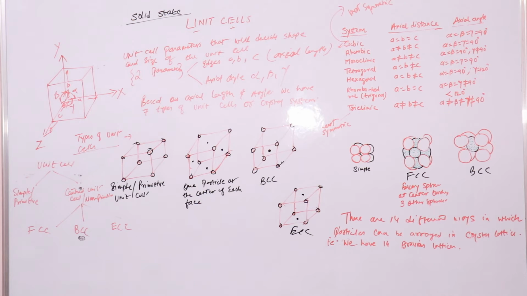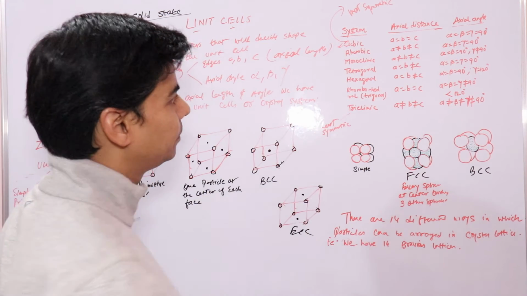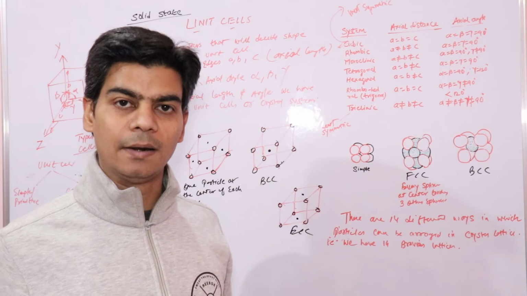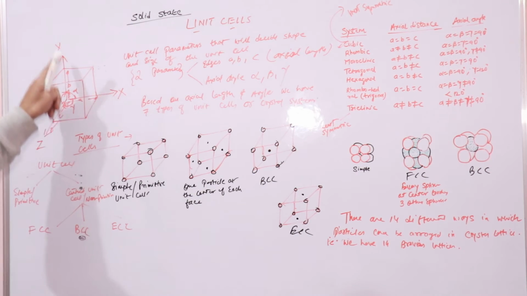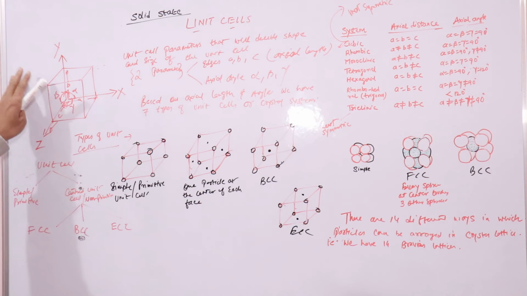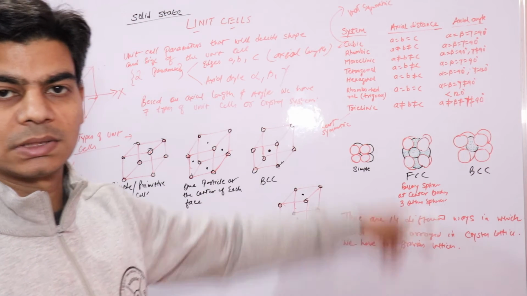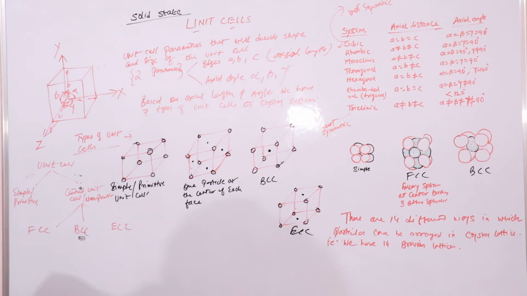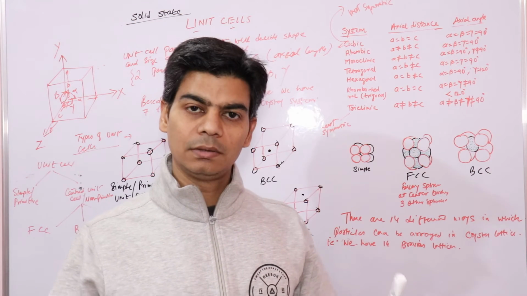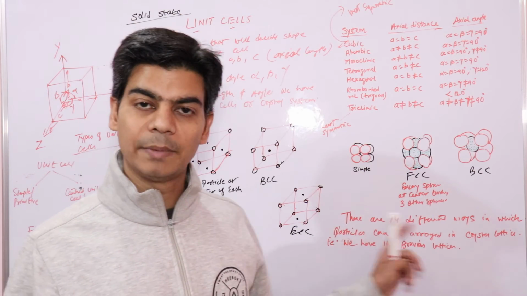Now let's understand more what these Bravais lattices are. If you talk about simple cubic, this is a crystal system which is a unit cell, right. It depends on the axial angles and axial length of the unit cell. If all the axial lengths and axial angles are equal, we have a crystal system that corresponds to cubic crystal system, right. And in cubic crystal system, let's see in how many ways we can arrange particles, as considered by Bravais.